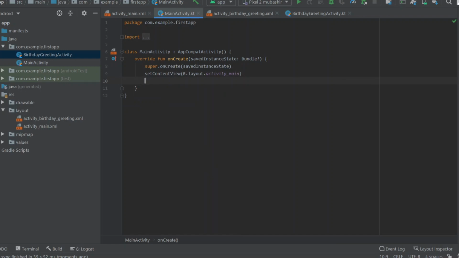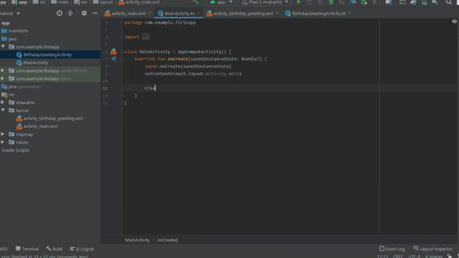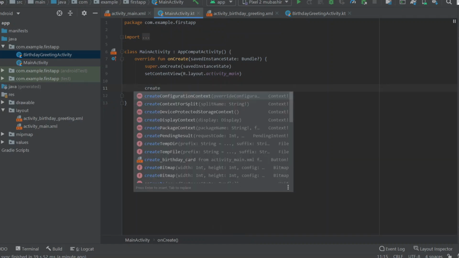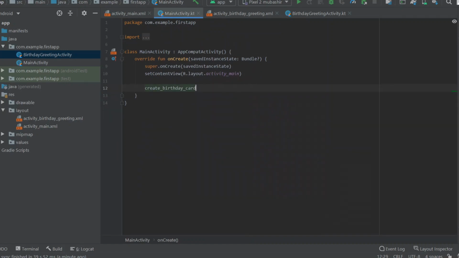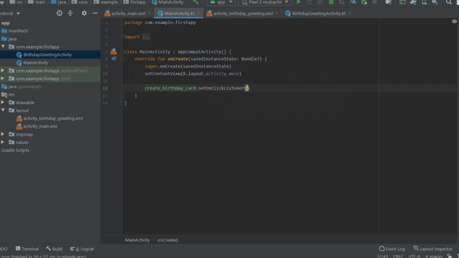And here you can define create birthday card dot set on click listener. So this is the way we can handle a button click.